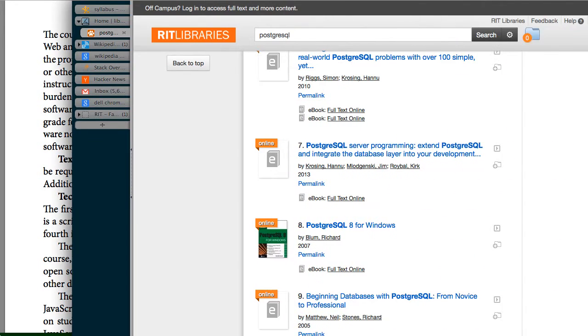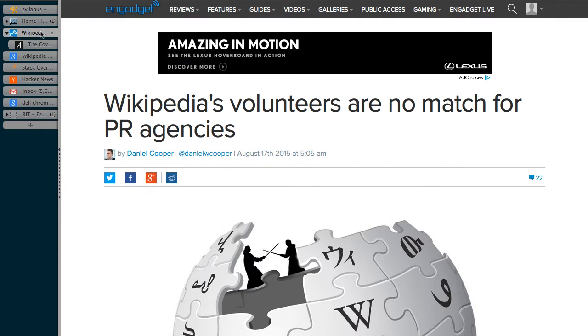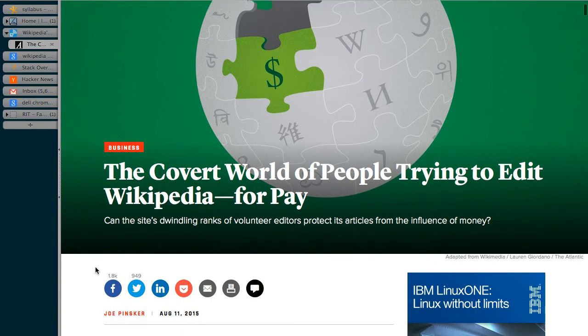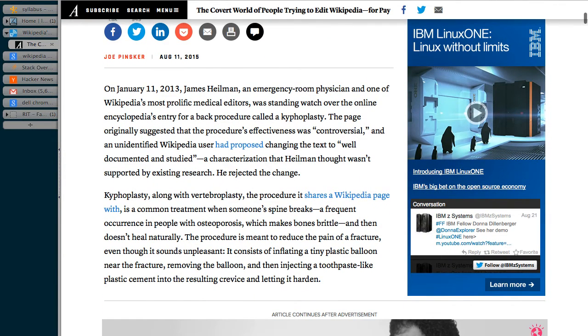And then I will expect you to also use these other resources, such as Wikipedia. Wikipedia has a reputation for not being reliable, so some teachers will advise you not to use it, and instead I want you to use it, and I want you to educate yourself about its reliability problems. So for example, a couple of weeks ago, there was this big exposé about the covert world of people trying to edit Wikipedia for pay. This article came out on August 11th, quite a recent article, although it chronicles a story that started in 2013 when this